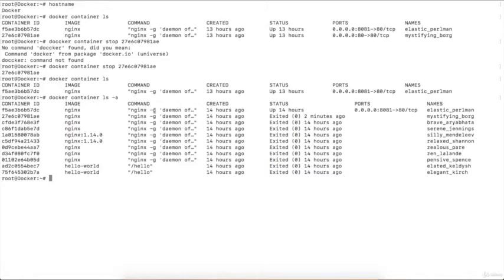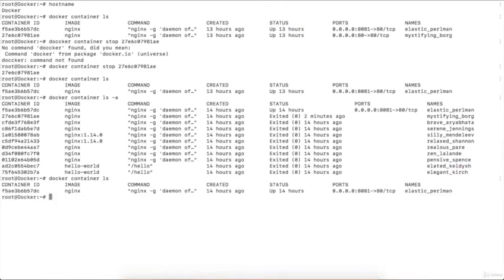So only one container is running. The latest one, nginx, is running on port 8081. Rest all of the containers were exited or stopped. So suppose you want to find out the containers which have been executed on your Docker engine, then you need to execute a command docker container ls -a. This is the command to list down all the containers which have executed on your Docker engine. But if you just want to list down the running containers, then you just need to insert the command docker container ls, and it will list out only the running containers.